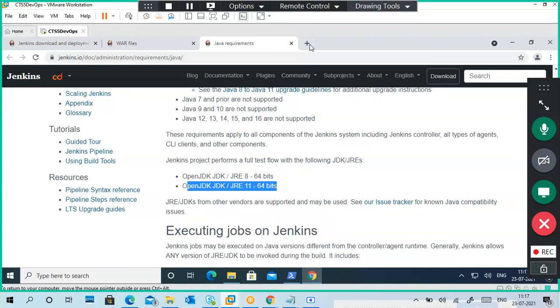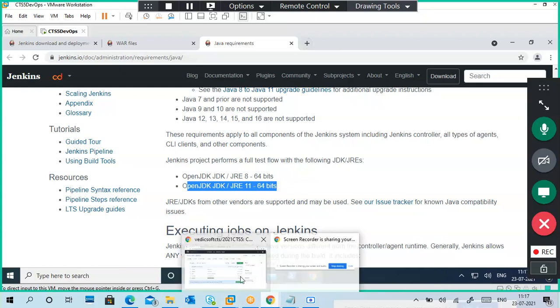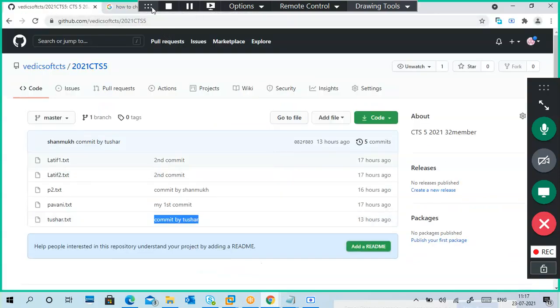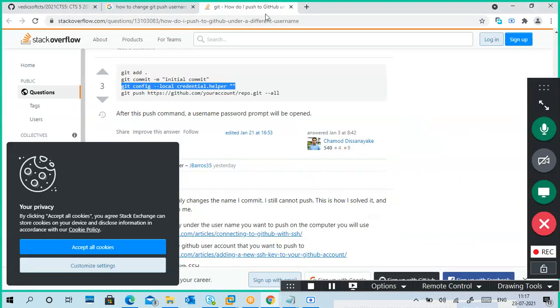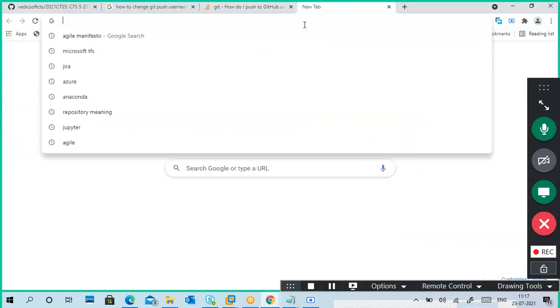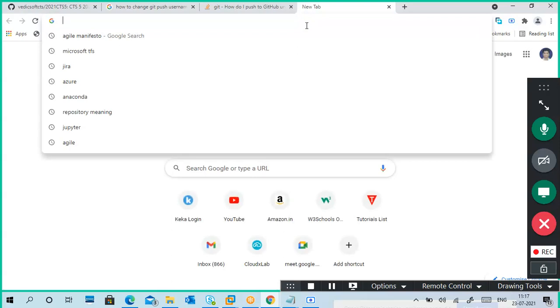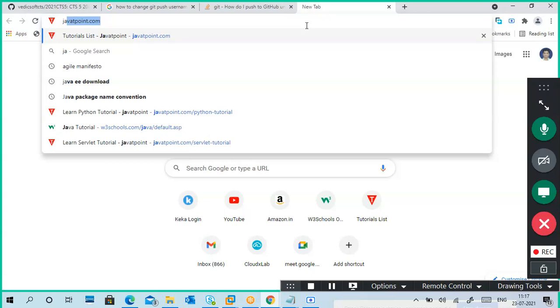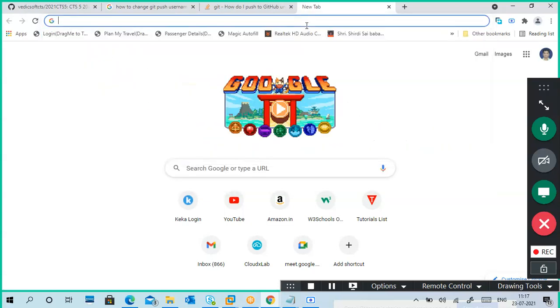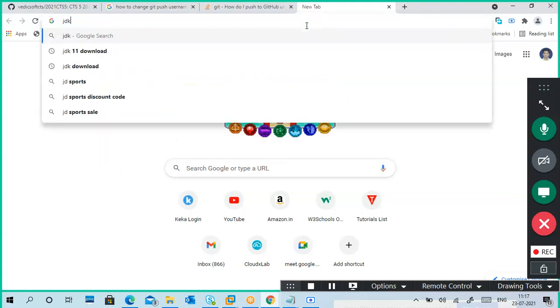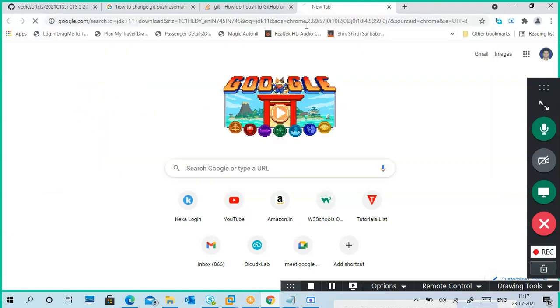Here I don't have credentials. Just how to download Java JRE JDK. This is the normal standard version we are downloading, not the enterprise version. So we'll see JDK 11 download.